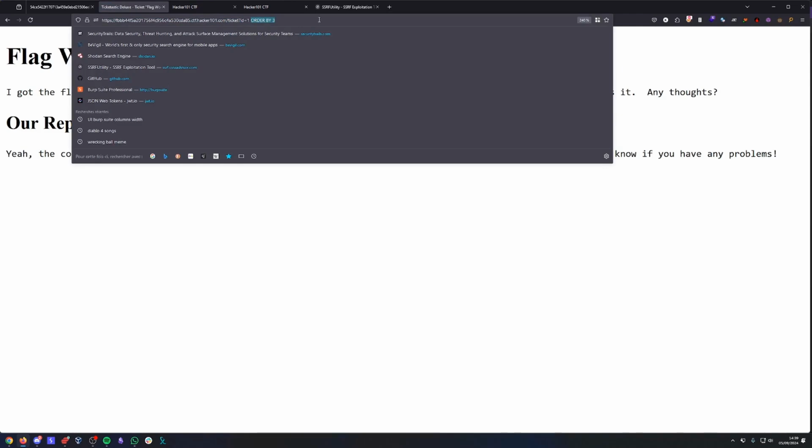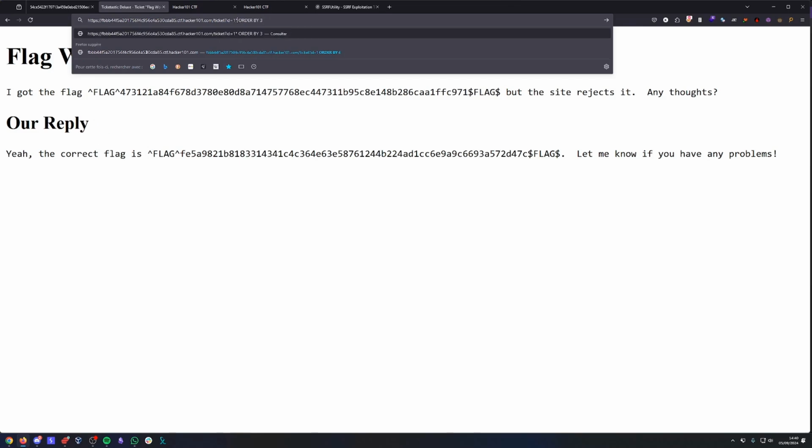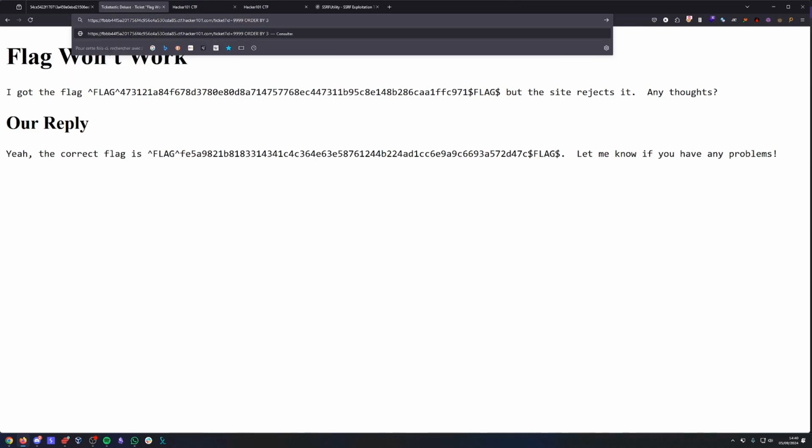Okay. So now technically I know that we have 3 columns, so I should be able to get the other ones. Because I don't want the first one to be set but only mine, and because it's a post ticket, I don't think it will display multiple tickets. I will make sure that the first one doesn't exist. So if I put ID equal 999, and union select 1, 2, 3,